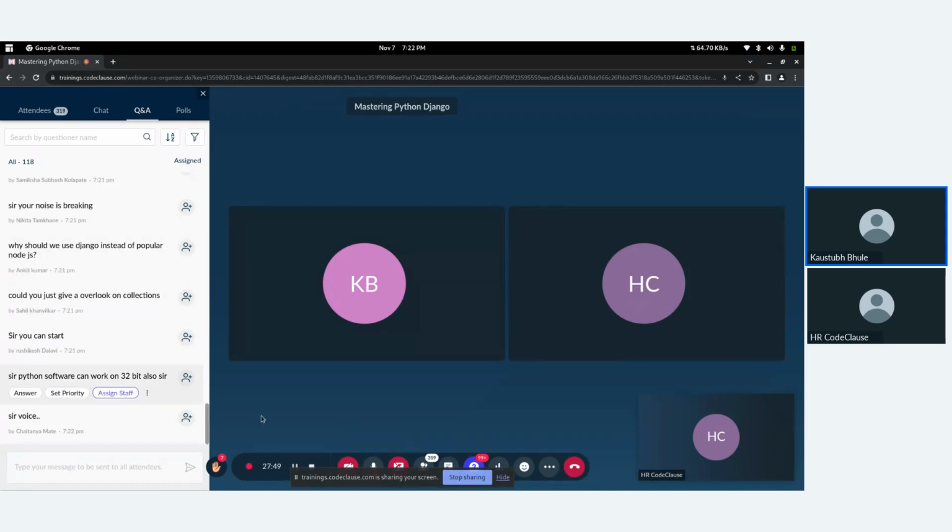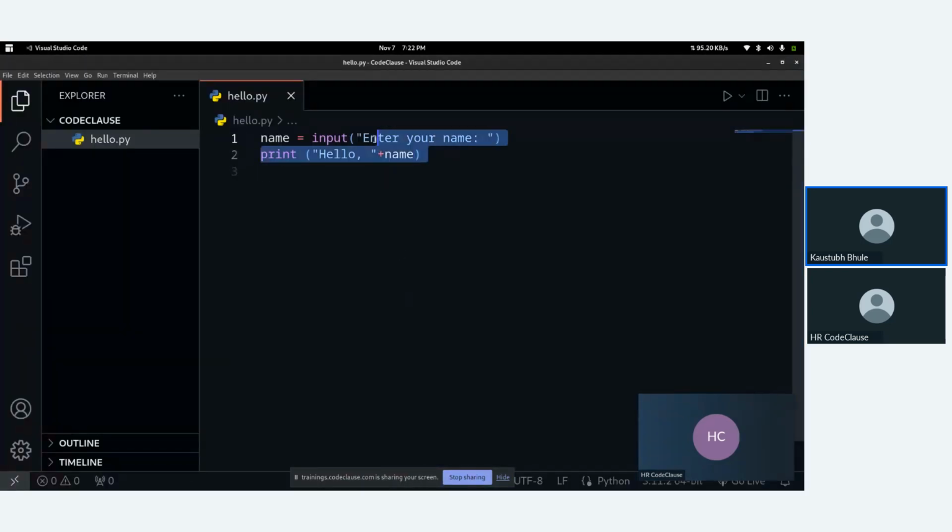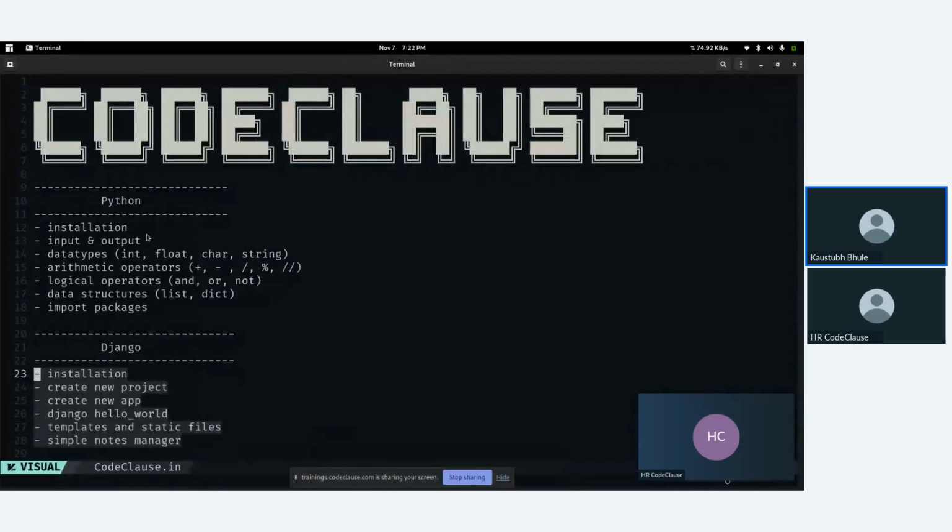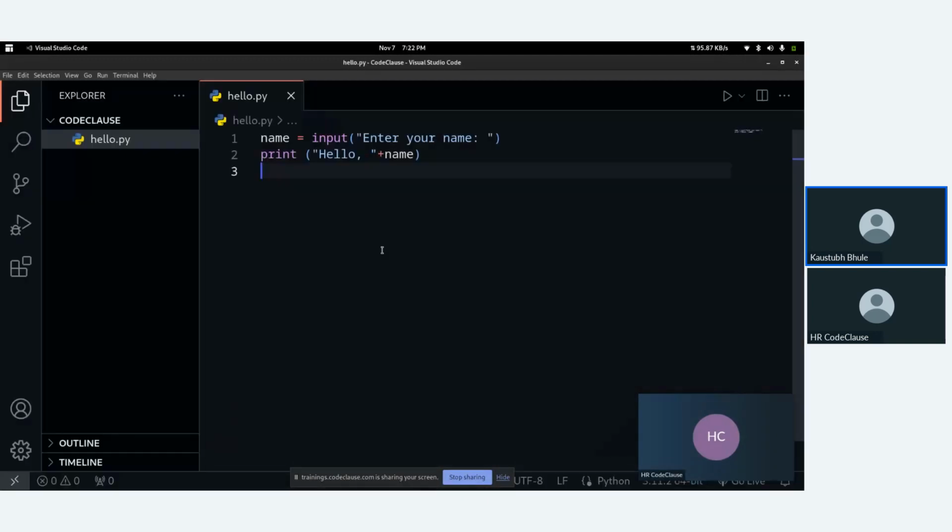Okay, let's start, guys, without wasting time. So basic input output is done. Then after that, data types, right? So unlike other programming languages, Python has the ability to detect which type of data we are giving, which type of data we are saving in the variable. For example, if you did name equals to, let's say, something like hello, right? So now you can see Python can detect that, yeah, it's a string. It's not an integer, it's not a character, it's a string.